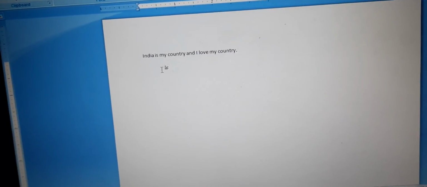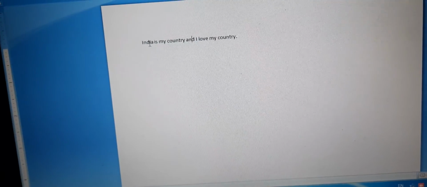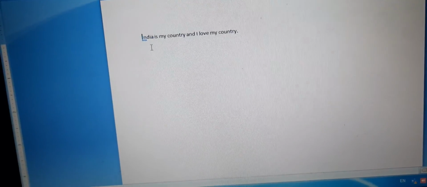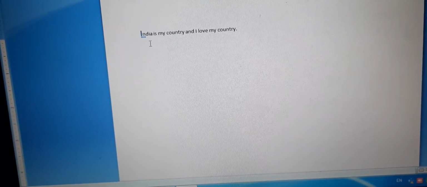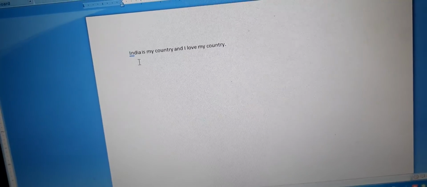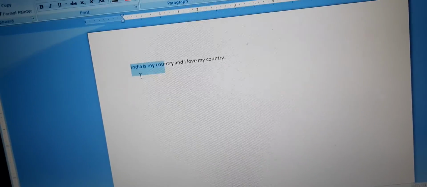So right now I will tell you how to select the whole text. You will first take the mouse pointer to the beginning and then using the Shift key and the arrow key you will select the text slowly.